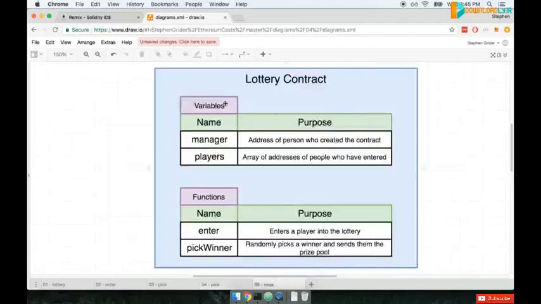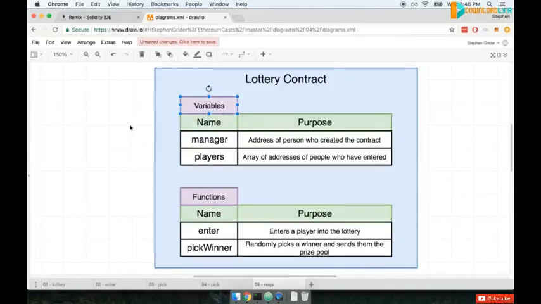Now, I've taken a little stab here on some of the different variables and functions that we might need. I'll tell you right now that there's going to be several other functions that we're going to write, but this is kind of an initial take, and we'll figure out what additional functions we need over time. So I think that at a very basic level, there's two different pieces of information that we want to store